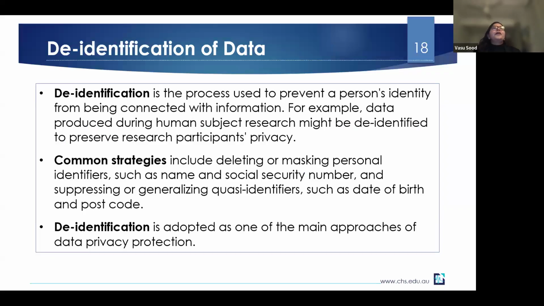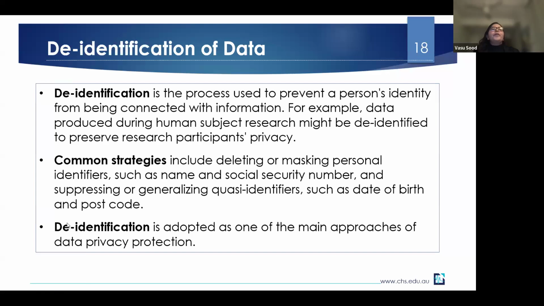I think we talked a lot about primary and secondary usage of data, so I'll skip a couple of slides and move to de-identification of data. I will take you through this concept later as well. De-identification is widely adopted as a core strategy for data privacy protection, especially in health research. What does de-identification mean? It means there are chances where a person's data can be identified. It cannot be identified directly, but it may be identified indirectly for various purposes. I will expand on it in my last topic.